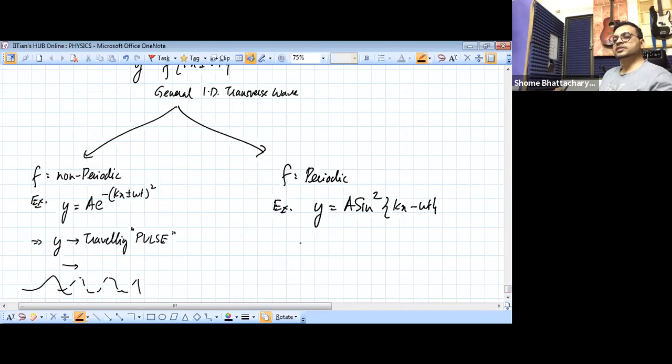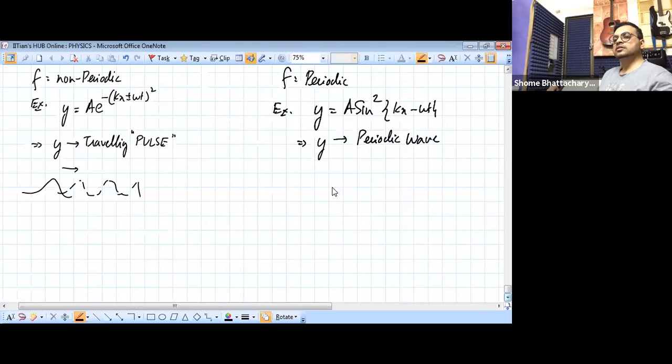Now this would represent what is called a periodic wave. So this would represent a situation where the shape of the medium is periodic in nature. The shape of the string is like this, like a sine square function here, and this whole thing is continuously shifting with time. Okay. So a periodic wave